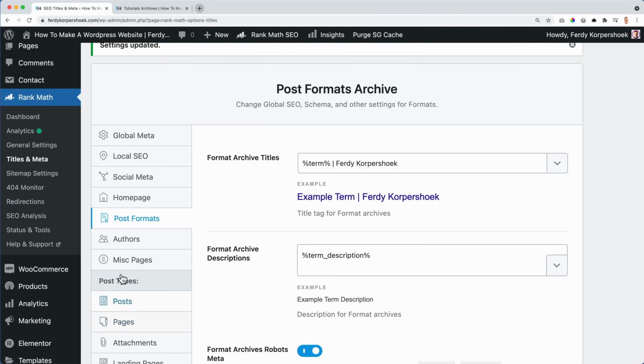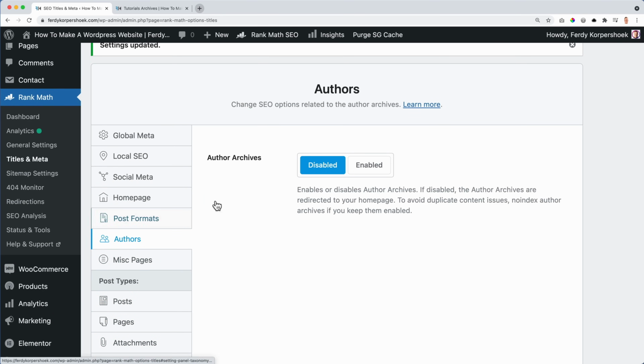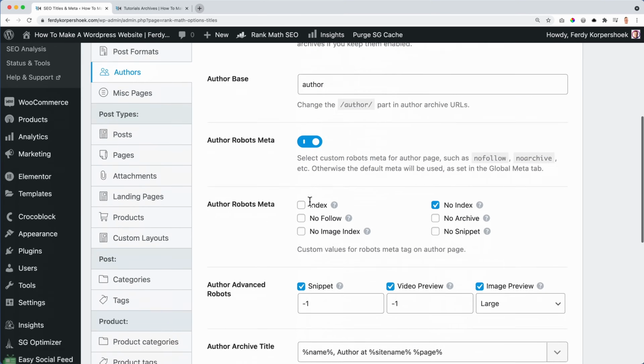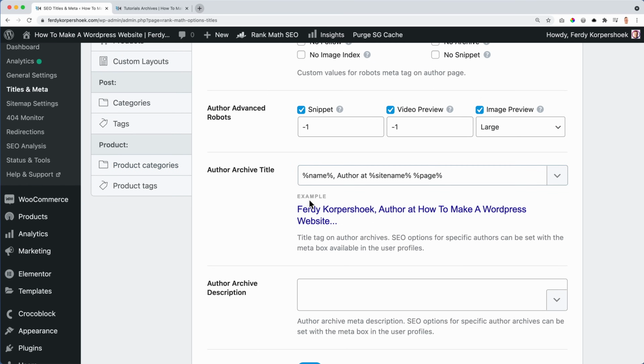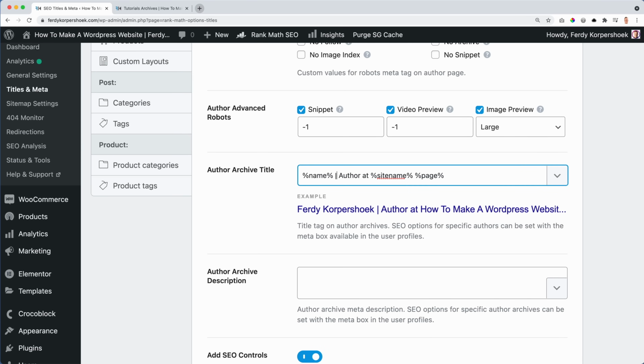This is more fun. Let's go to authors. If you have one author, only yourself, then disable it. If you have multiple authors, you can turn this on. And if you want to display how an author is displayed, you can say Ferdy or the name, and then like that, author at this website.